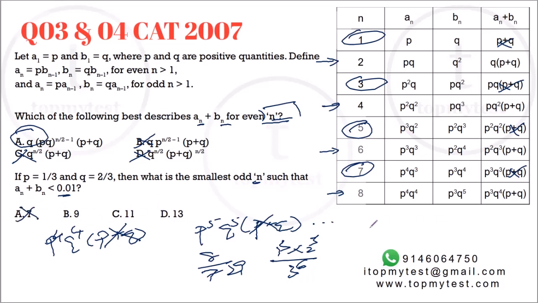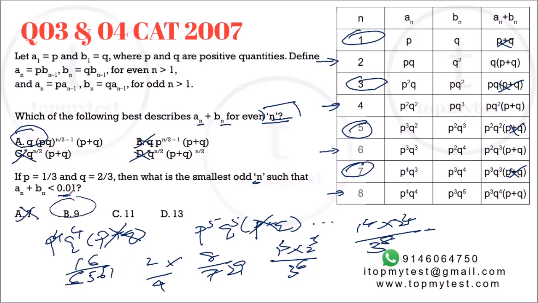Let's try one more iteration. That will be 1 to the power 4 into 2 to the power 4 divided by 3 to the power 8. Right. So this will be same as previous one, 8. Multiply this by 2 and denominator by 9. So that will be 16 divided by 6561. Right? 1% of this is 65 something, definitely less than 1%. Option B will be your correct choice. So not very difficult set of questions, right?